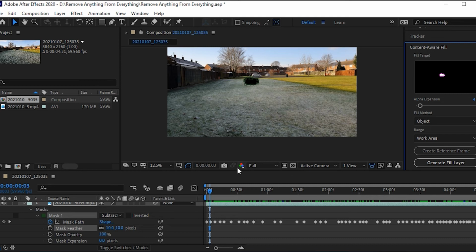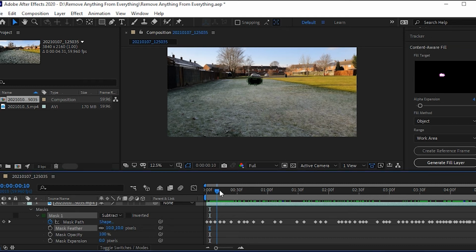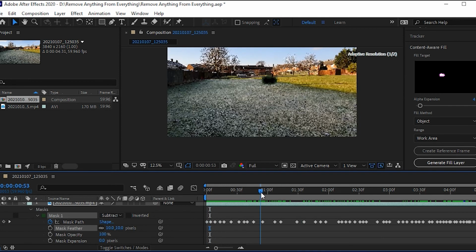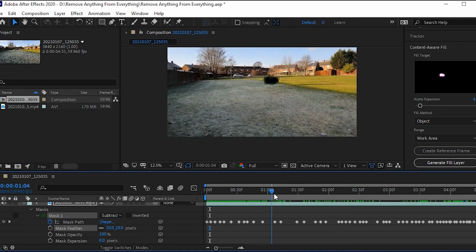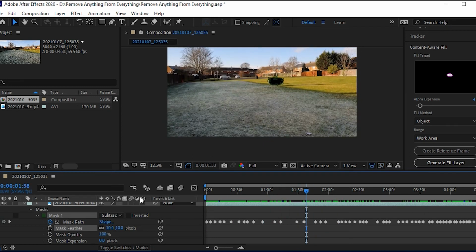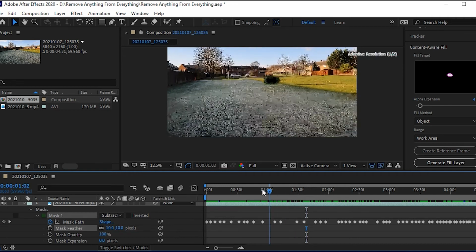And what you do is you do that periodically. You don't do it every single frame. You do this frame, then you maybe go 30 seconds in or whatever, and then maybe a minute in, and then maybe a minute 30, and you keep doing them, and it keeps adding them in, and eventually After Effects gets all the information it desperately needs for stuff that's really, really complex, and it allows it to have a much better chance of getting rid of what you're trying to get rid of. In our case, that would be Molly.